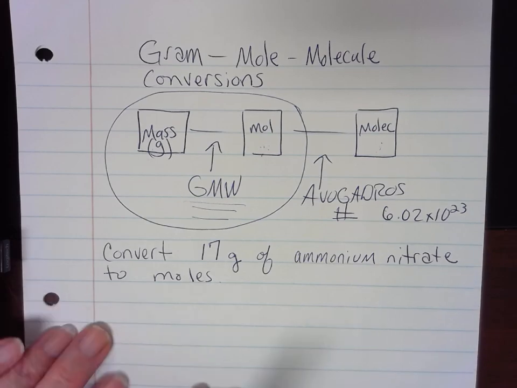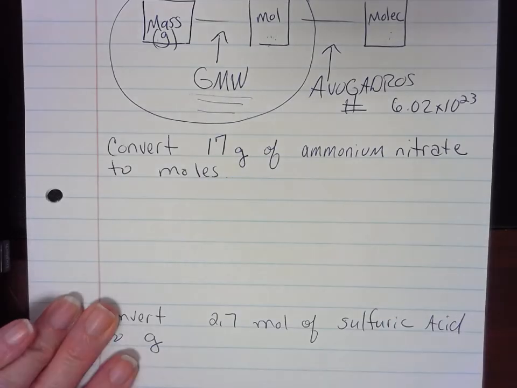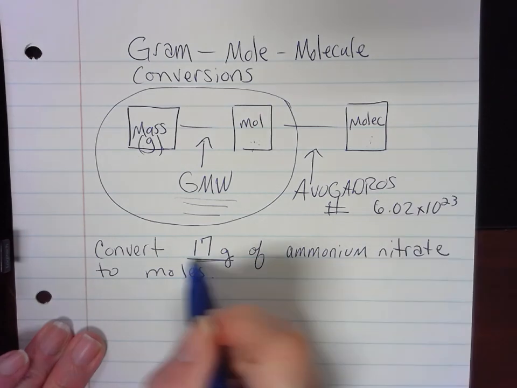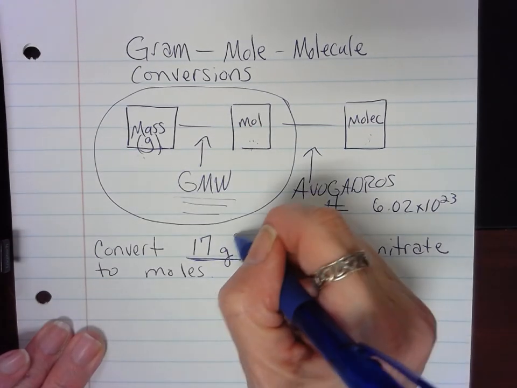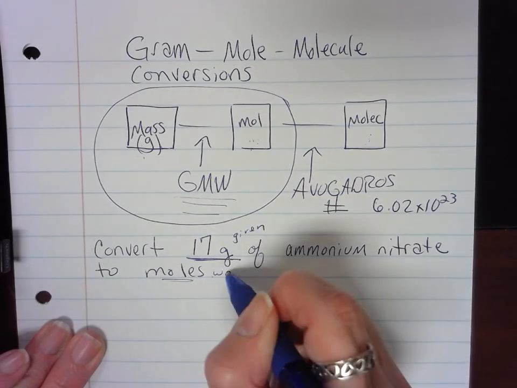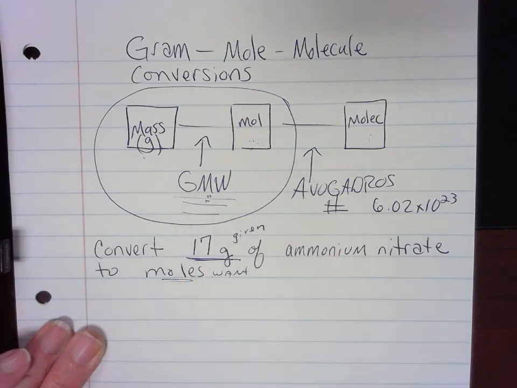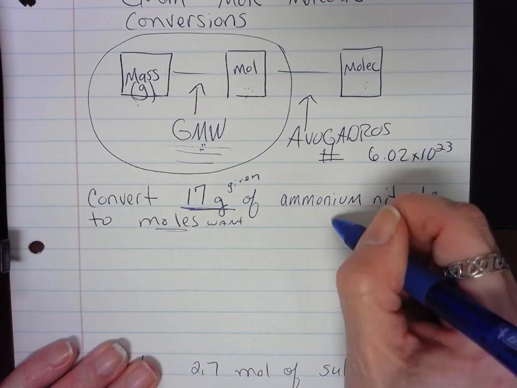So let's take this problem, convert 17 grams of ammonium nitrate to moles. So we're starting with grams. Okay, that's our given. And this is what we want, is moles. That means we have to know the GMW. So I'm going to knock that out because I need to know it. So ammonium nitrate, we've got the formula for that is